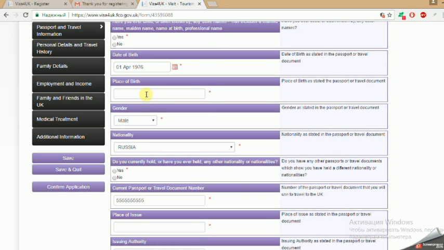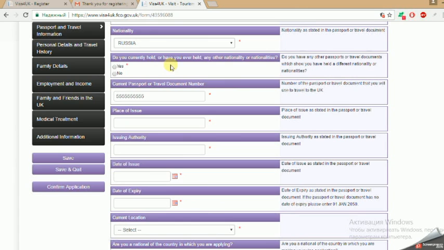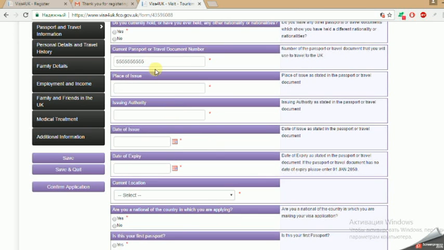Place of birth, Moscow, Russia. Do you hold or have held any other nationalities? If you're from Kazakhstan but you've got a Russian passport, you would click yes if you had the passport, if you was a citizen. Your current passport that you're going to use for the application, place of issue, Russia, issuing authorities, normally FMS, Federal Migration Services, if it was again in Russia, with a number 555, date of issue of passport, expiry date of passport,